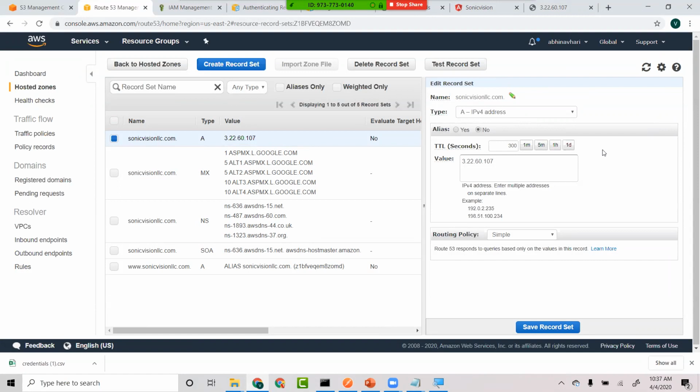How long do we want to cache in CloudFront before a request is forwarded to the origin to get the updated content, right? So typically 300 seconds, but I want this to be refreshed immediately. So there is something called DNS propagation. The DNS servers are all over the globe, right? So when somebody requests this particular sonicvisionllc.com to change, this change has to be reflected across all the DNS servers